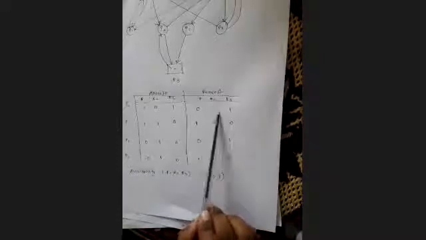Now we have to check whether we can proceed with any process execution. This is my requirement of the processes and this is my availability. So 0 0 1, we need to compare this with respect to these processes. Can we fulfill the requirement of p0? No, this is the requirement 0 1 1. So we cannot fulfill the request for r2, so we cannot go with the p0. Then p1, 1 0 0, no, we cannot fulfill the r1 requirement of p1, so we cannot go with the p1.